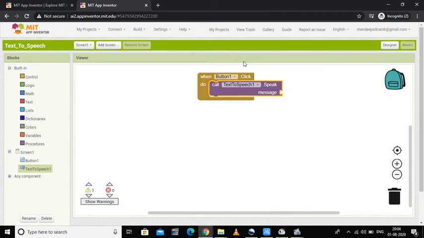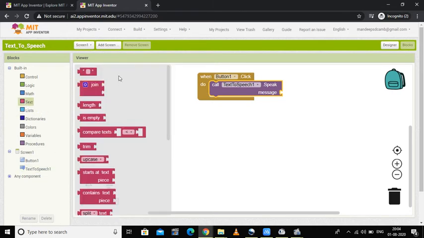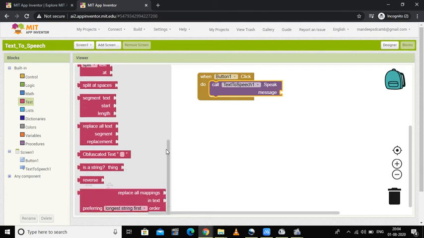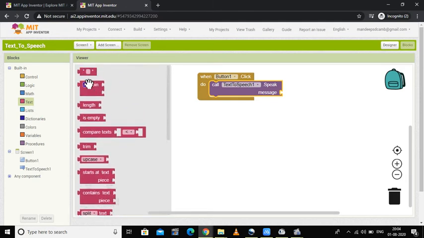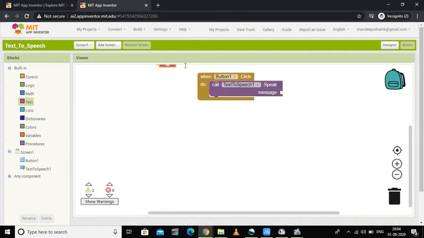Now here is the message option. In this message option, I have to fit some message, a message given by me. So for that, I have to use the text component. See, there are text components. There is a set of components which I can use, but I have to select the one component which is suitable to be fitted here. So this particular component is properly fitted here. I can write the text here.